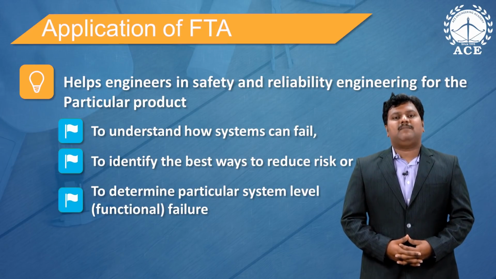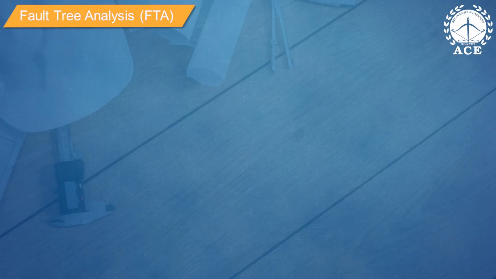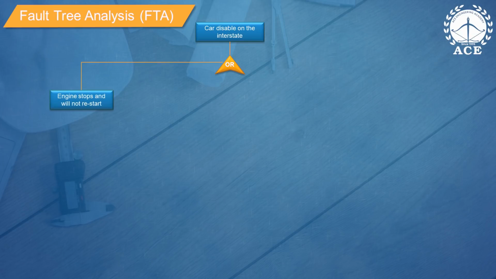Third, determine particular system level failure. The current is an application of fault tree analysis. Let us take the example of a car that is disabled on a national highway. The possible reasons, based on Boolean logic OR, can be either the engine stopped functioning, or there is insufficient drive on the wheels to actually drive the car,